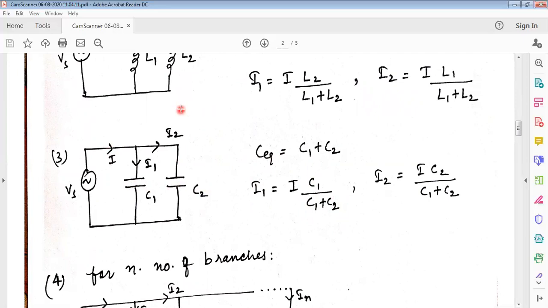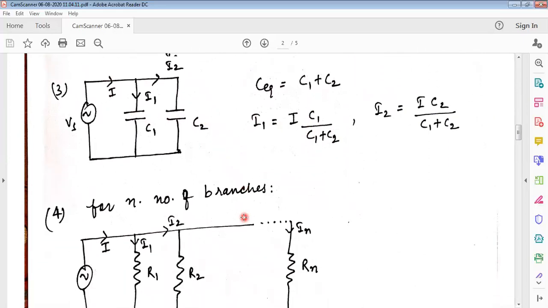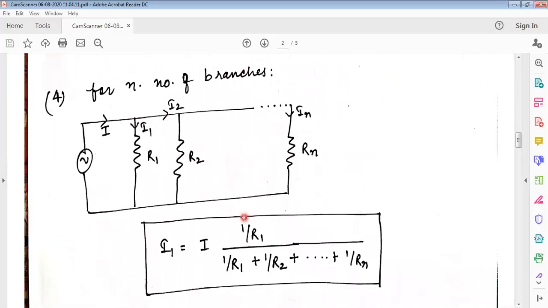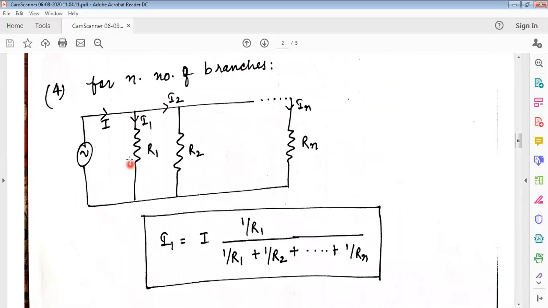So the ohm value XL is directly proportional to L. That's why here the ohm value is directly proportional to L. So an inductor behaves like a resistor, meaning directly, and capacitance is opposite. So for next, if n number of branches are connected, for example n number of branches are connected and